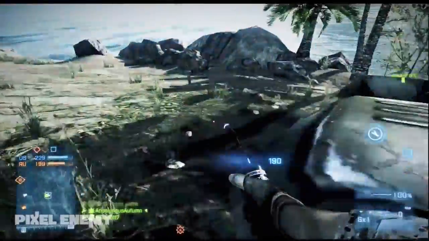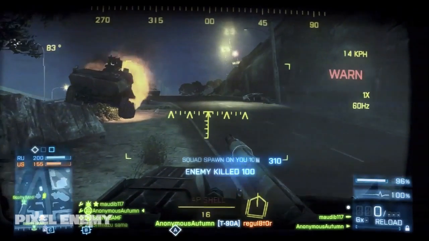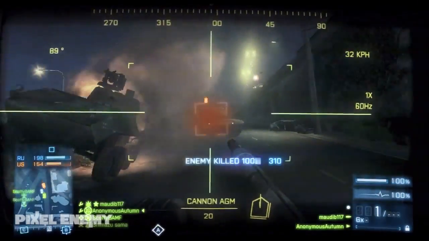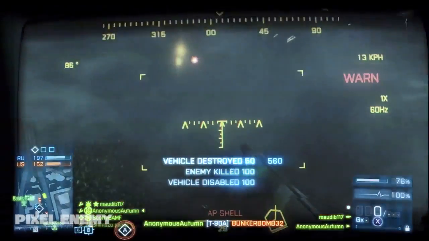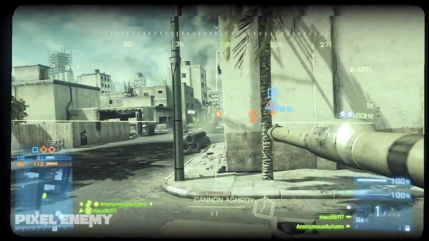after combat. There are many different setups for tanks, however the one I run is as follows: reactive armor, thermal optics, and guided shell. Reactive armor is invaluable as it increases the amount of enemy fire you can take. It can also be replaced if destroyed. Once the tank has reached 100% health, simply repair the sides of the tank where the armor once was, and